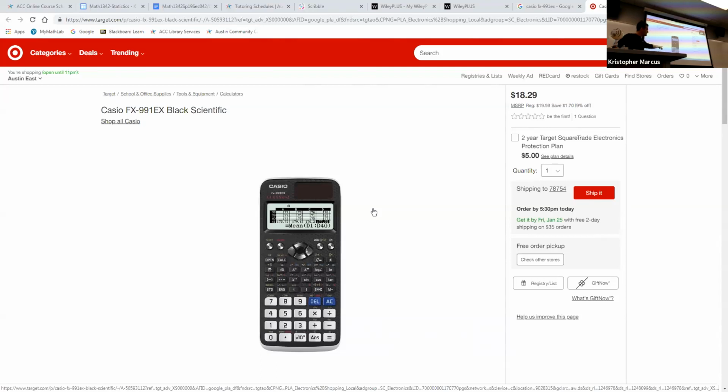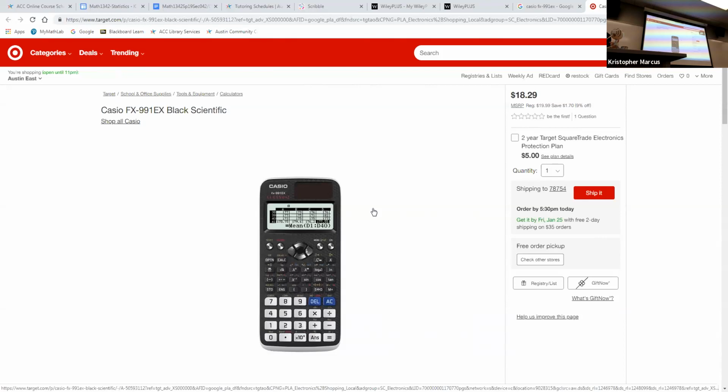A lot of people buy these and they hit the equal sign and it spits out a fraction, or it spits out square root of 47. And they're like, no, no, no, no, I needed the number. Well, that is the number, but you were hoping for the decimal. If you do that, don't panic. There's a button on each one that turns the answers into decimals. On the Casio, it's the S to D button, standard to decimal. On the TI, it has two backward triangles, two triangles facing away from each other, and it changes to decimal. So it just takes a little time to get used to these.